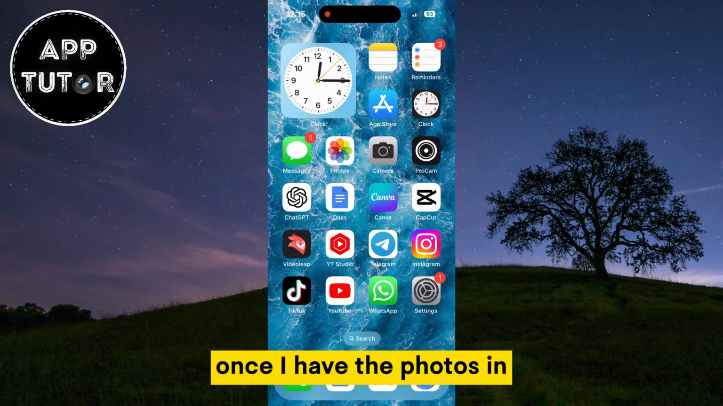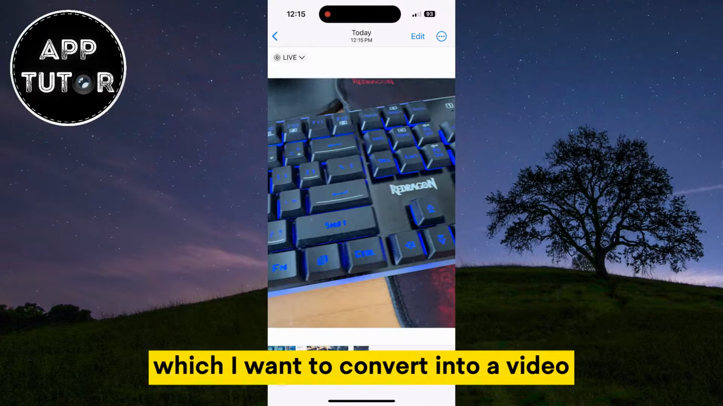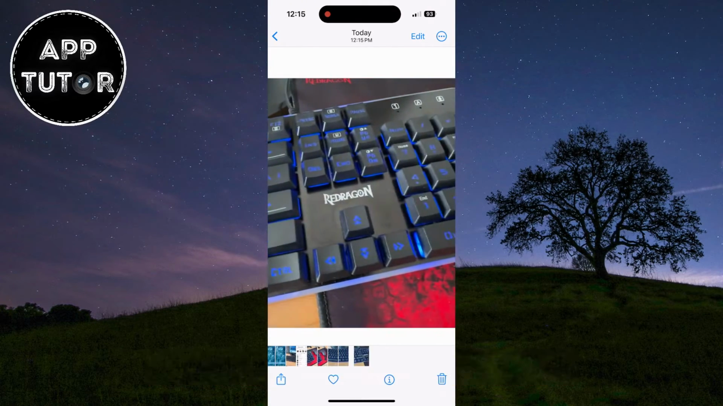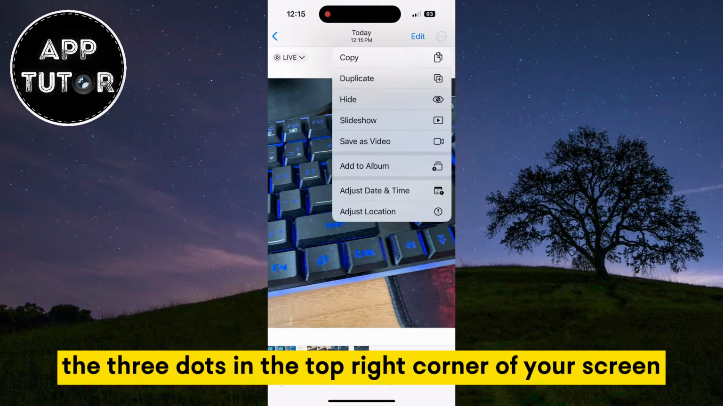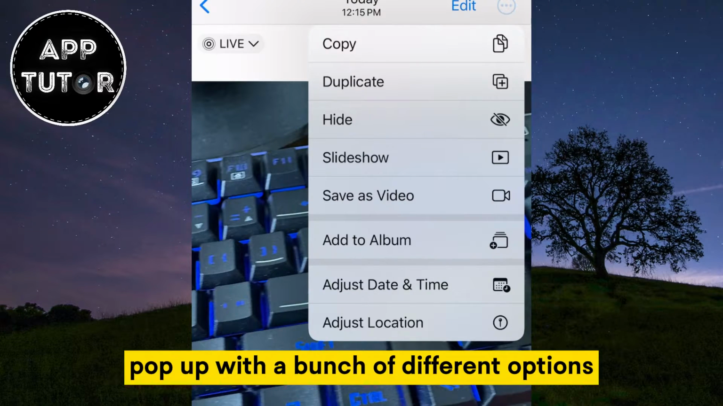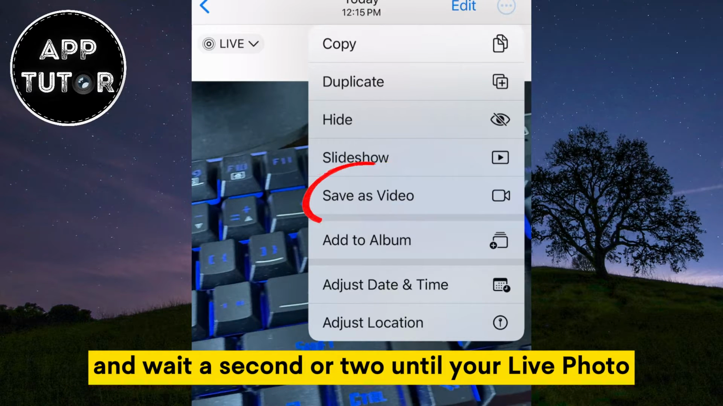Once I have the photos in my Photos application, we'll open them, and here are my live photos which I want to convert into a video. All you have to do is to tap on the three dots in the top right corner of your screen, and this menu will pop up with a bunch of different options. You want to select this option called Save as Video and wait a second or two until your live photo